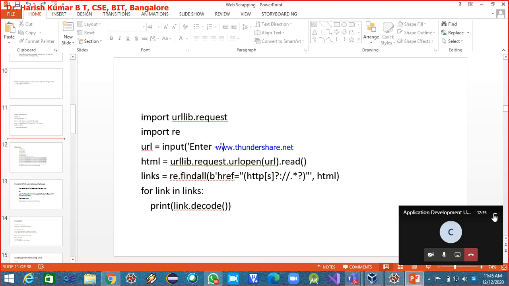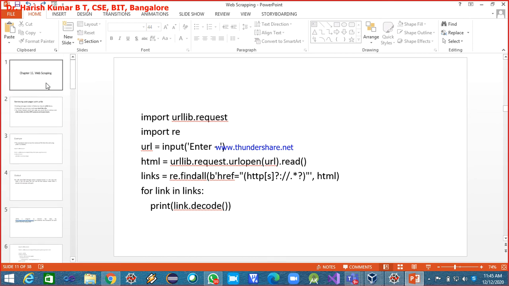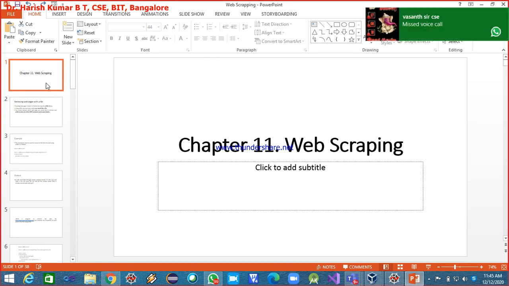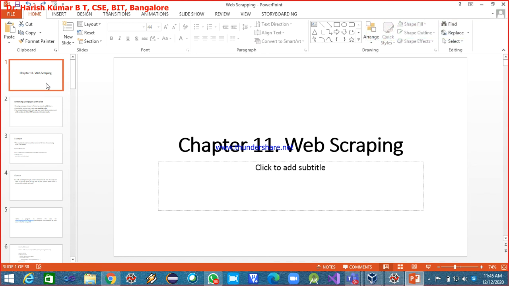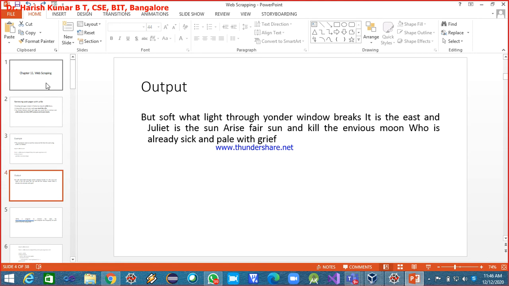Yesterday, we were discussing how to do web scraping in Python. That is, how to get the content of web pages, or how to download a resource from a URL to your local system, and then especially how to do HTML processing using Beautiful Soup. These are a few things we understood in the previous class.